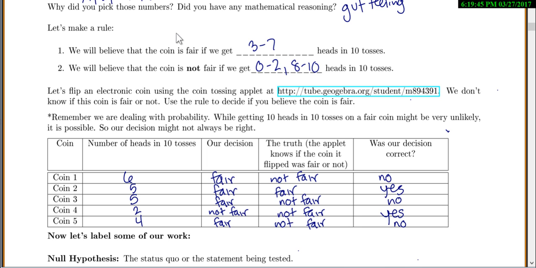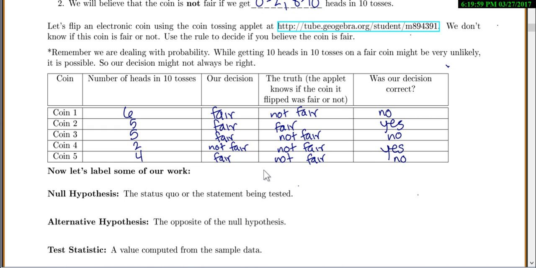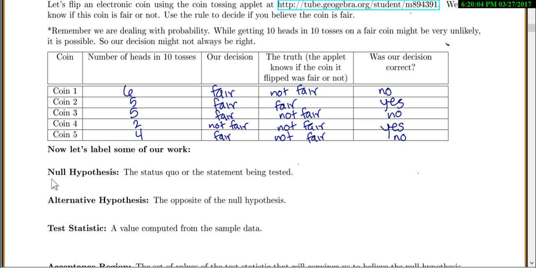So it is important to keep in mind that anytime you're dealing with probabilities, you might end up making mistakes. Even if you have a logical, very well balanced rule or a very well thought out rule, you might still make mistakes. And it's not even so much your mistakes, it's just that you get weird data.